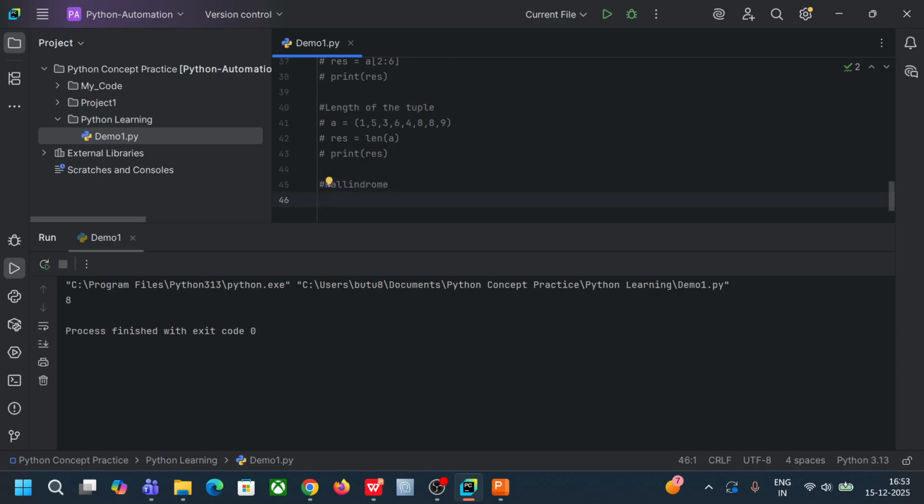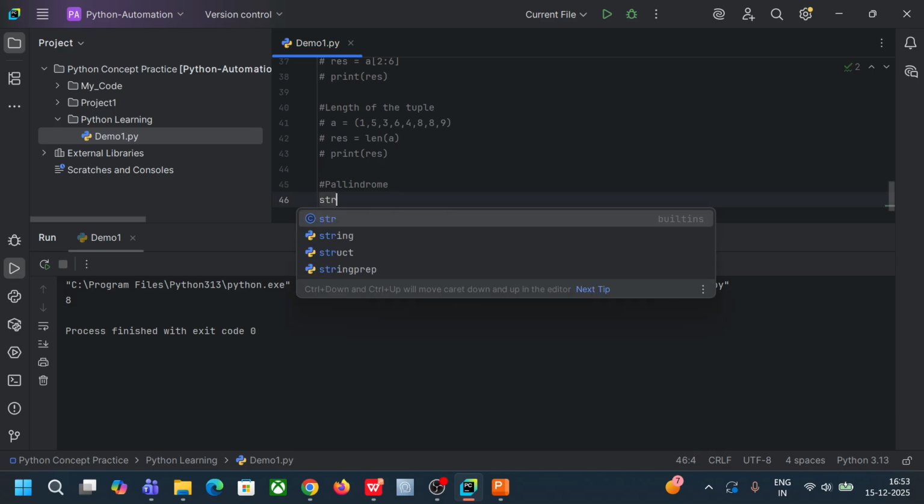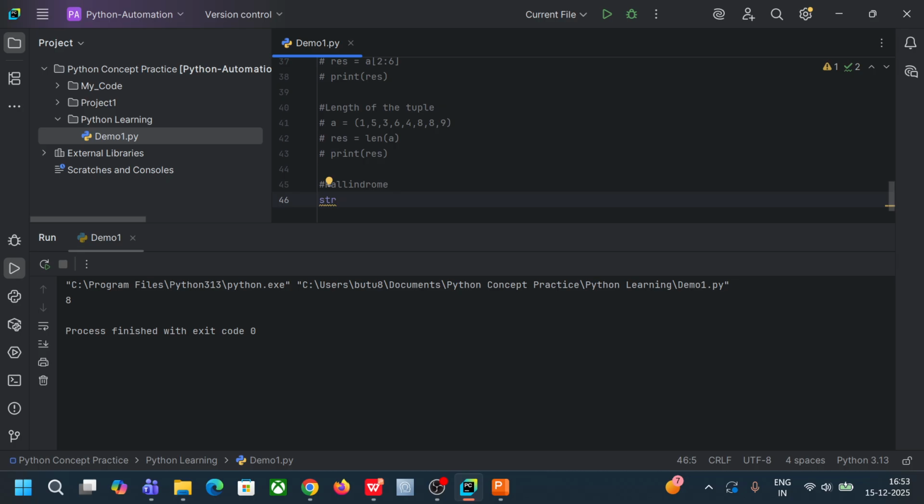Okay, suppose I am taking one string, and I'm just giving this example for your understanding of indexing and all. I thought I have not told you, so I'm just saying it. Okay, suppose I'm taking one example of string. It is Malayalam,